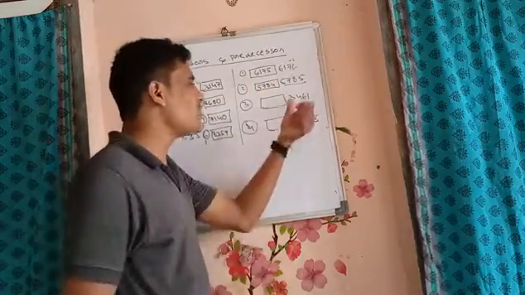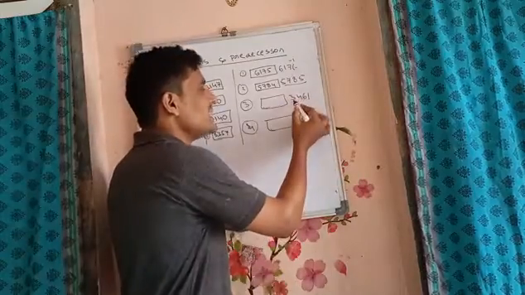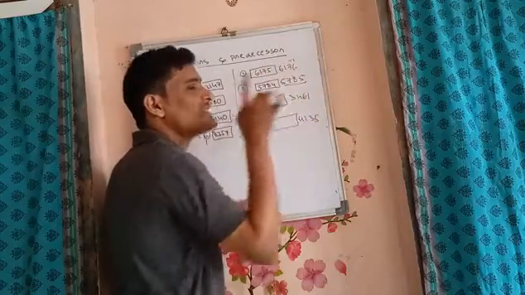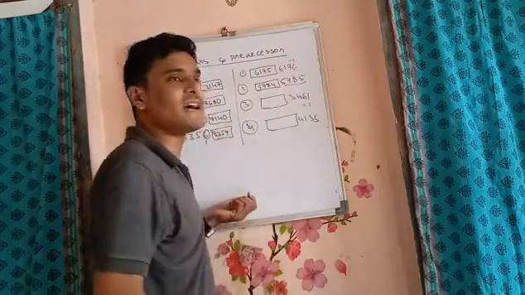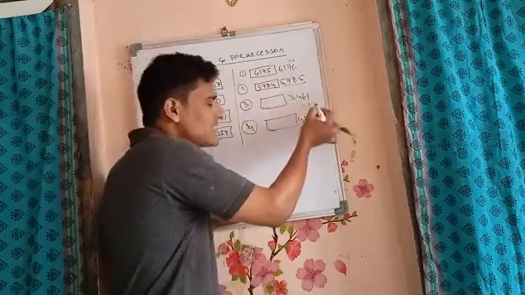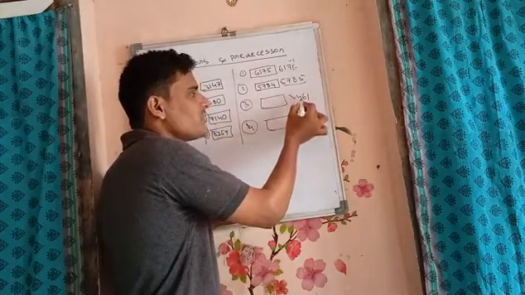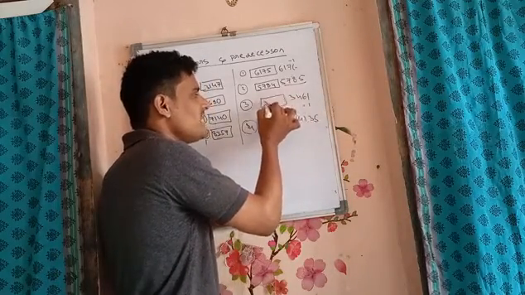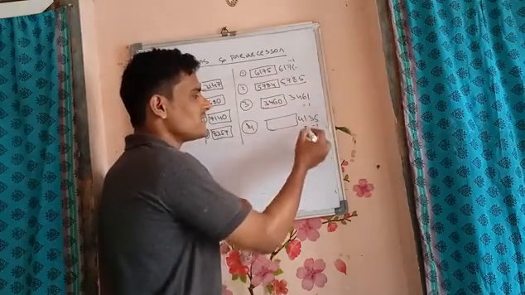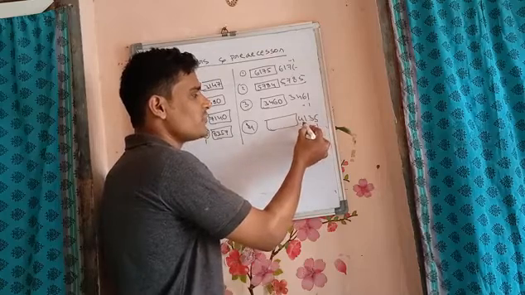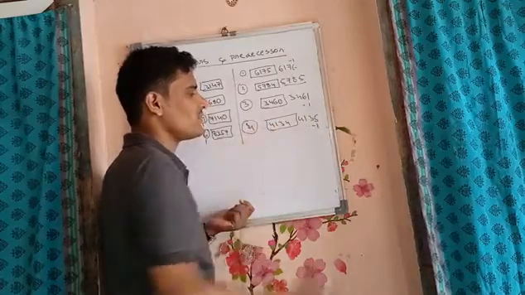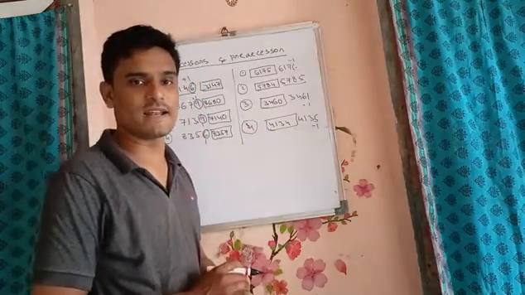Very easy, if you can understand. Look at it. 3461. What is the predecessor? Predecessor means, I already told you, subtract one in the unit place of the given number. Otherwise, what is the before number of the given number? If you subtract one from 3461, it means 3460. Yes or not? The same pattern here, subtract one from the given number. 4135, subtract one, 4134. That's it. Do you understand, right?